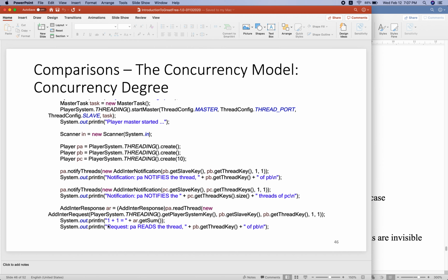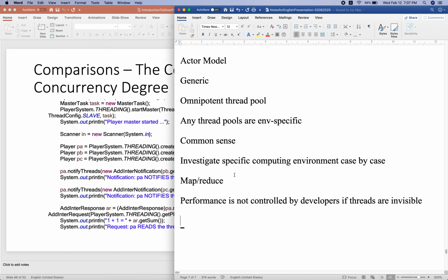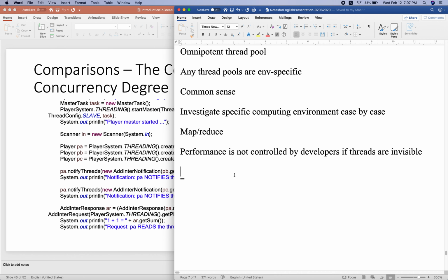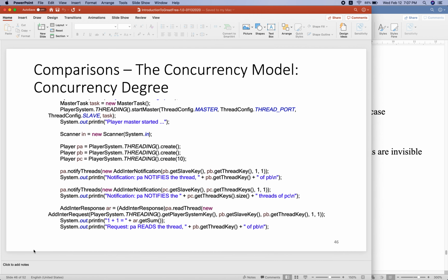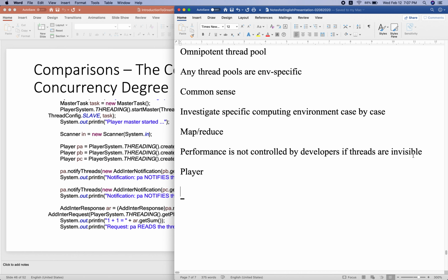This is the code I program. I propose a new idea here, a new API. It's called player. I will explain the code in detail later. You can see here, player represents an API that can control each thread by the developer.